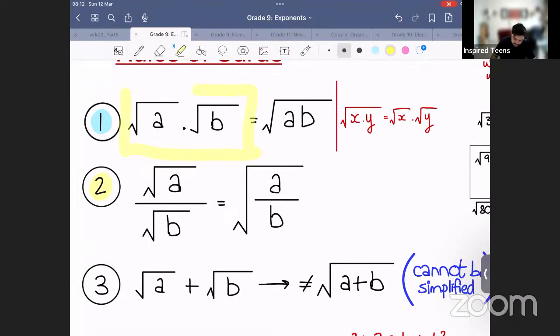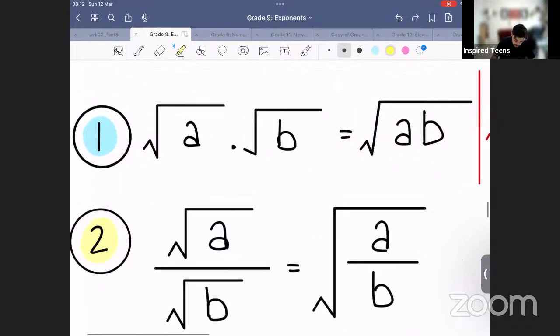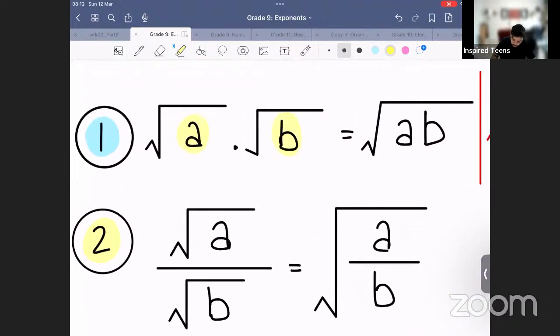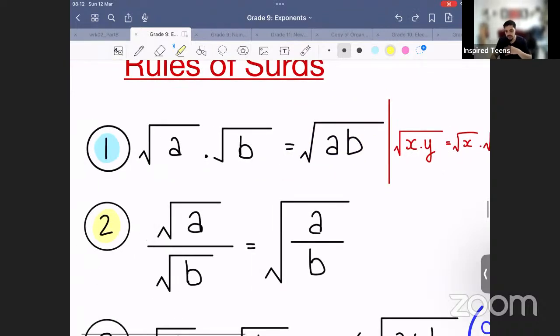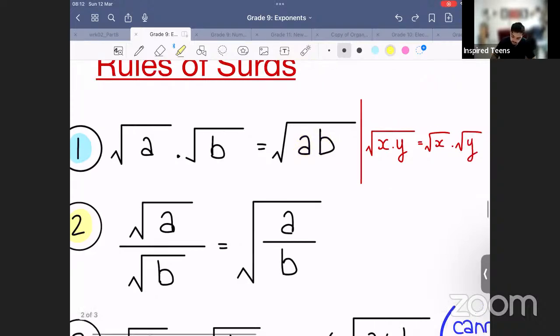So number 2 basically states that when you multiply two surds, you can put them all under one surd with multiplication. So square root of a times square root of b can become square root of a times b. Whenever you're multiplying two square roots, it doesn't matter what's in the square roots. You could put it under one square root and then multiply what's in each square root together. So square root of a times square root of b becomes square root of a times b, and then